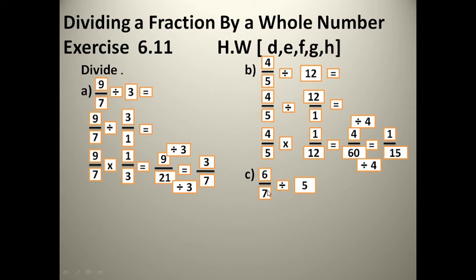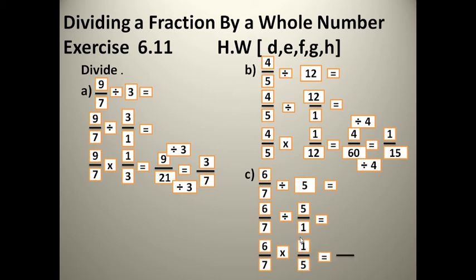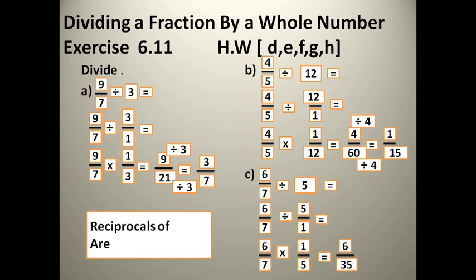Again, I write the same fraction 6 by 7. Now I will put 1 down 5. Okay, I did not change anything like this. Now I write the same fraction. I change division to multiplication. And now if you do this step, my dear, you should convert the fraction. Put the 1 up and 5 down. Now we can multiply 1 into 6, 6. 5 into 7, 35. Okay.